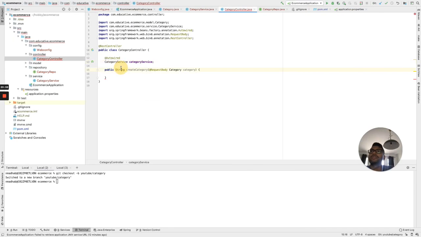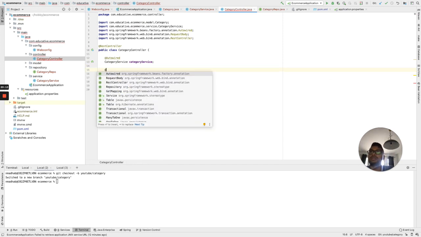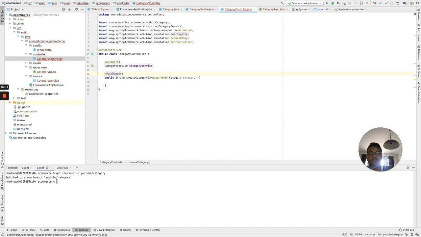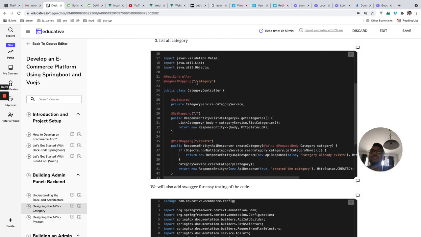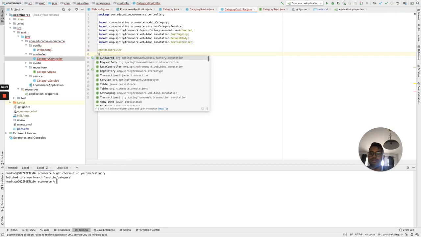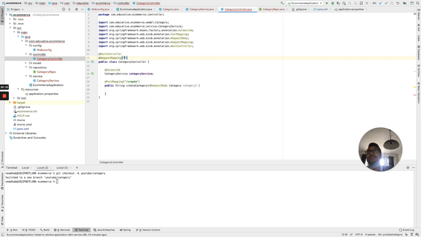Also we need to give a name to this controller. So it will be a post mapping, and it will be create. Also you can give a name to the controller, so it will be a request mapping, category.